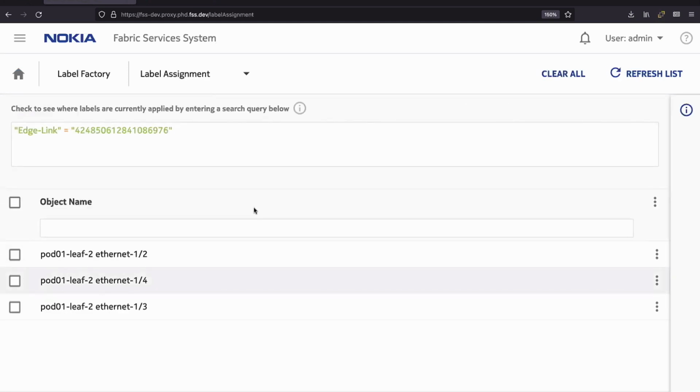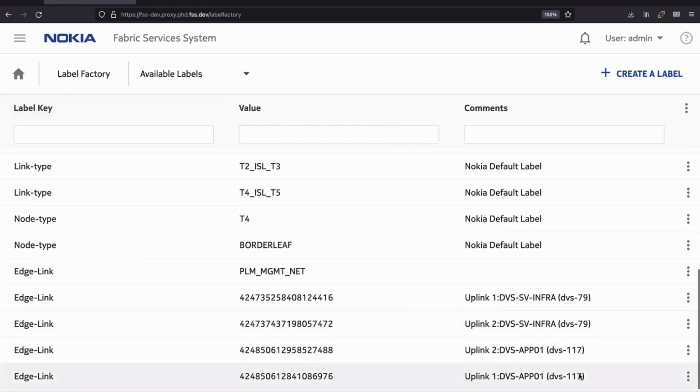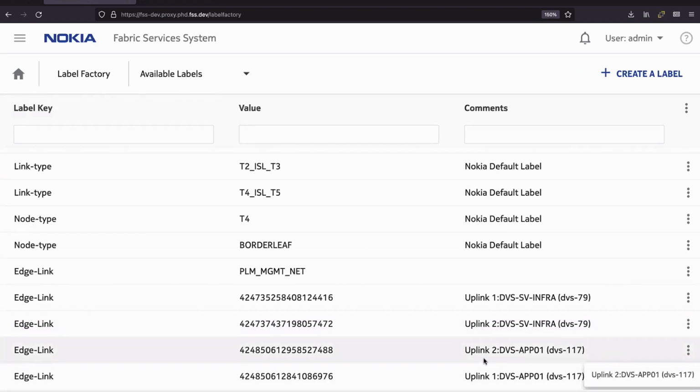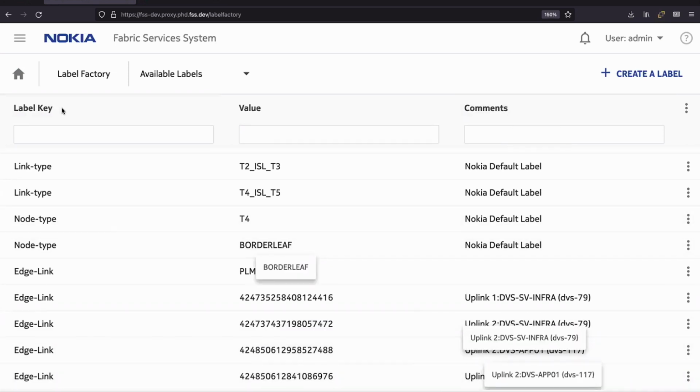Oh, I was looking at the wrong label. There we go. This is the right label. Apologies for that. So let's go back to the labels and actually show you. The reason I switched up is because I was selecting the first one, which says uplink number 2, and I added my interfaces to uplink number 1. So I should have looked at sorting the labels properly based on the description or the comment. I can remove something and show you that something gets removed if you want to trust me.